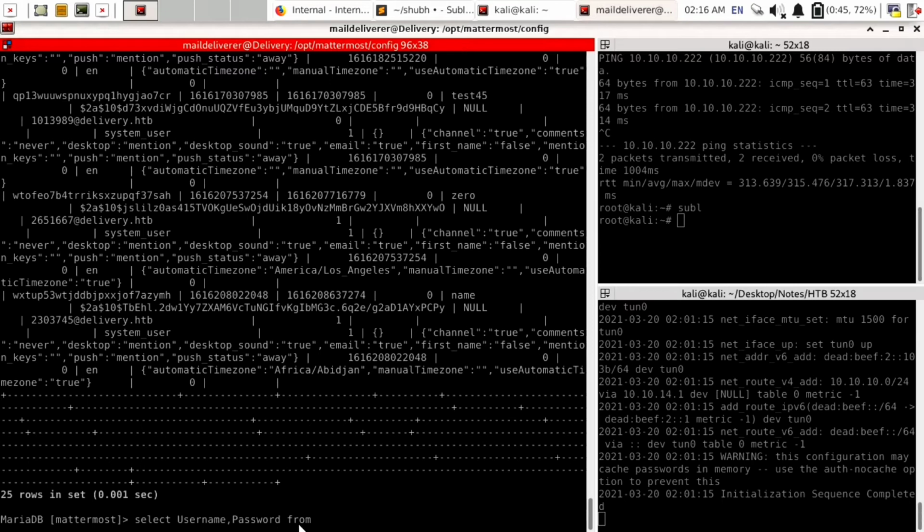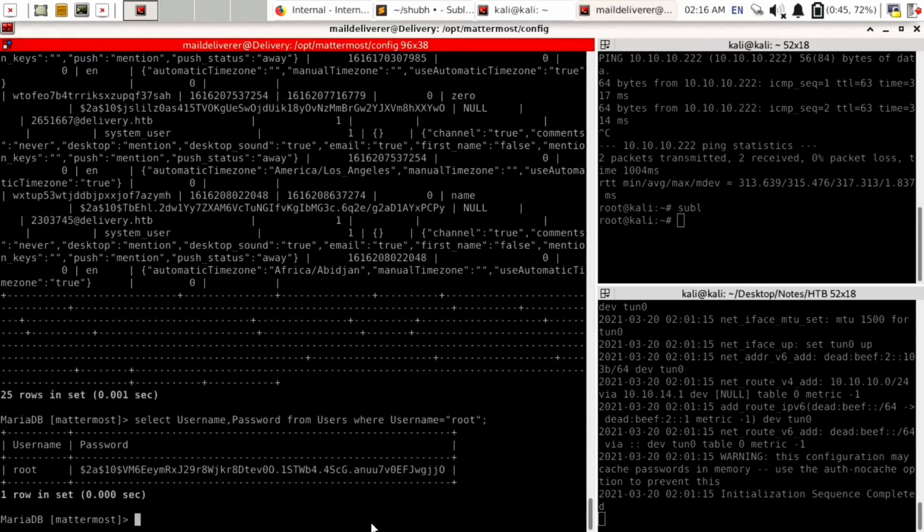Select username, comma password from users, where we need to find the root password. So we will use where username is equal to double inverted comma root and semicolon. Here we can see we have successfully found the username root and its password.